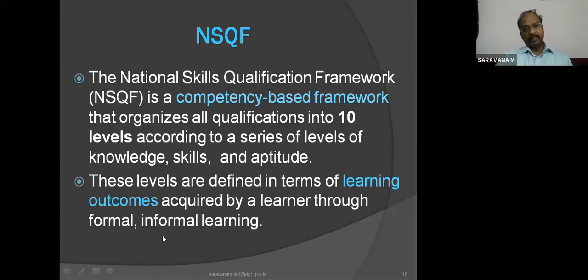Formal, either formal or informal, or formal and informal. So formal training, you know, is a regular course, a 1 year course, a 2 year course, or even some 6 months courses, a regular course which is under the CTS scheme. And informal learning is maybe a short-term course where you do not have a prescribed syllabus and predetermined objectives. I hope you know the difference between formal and informal learning.